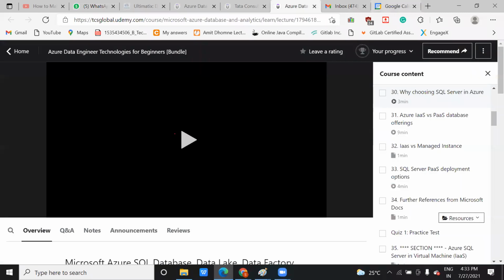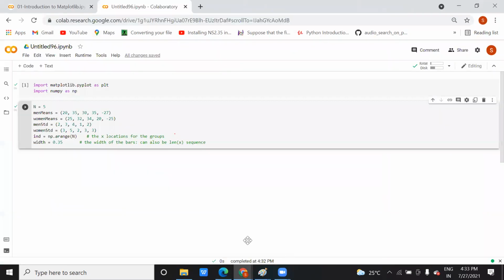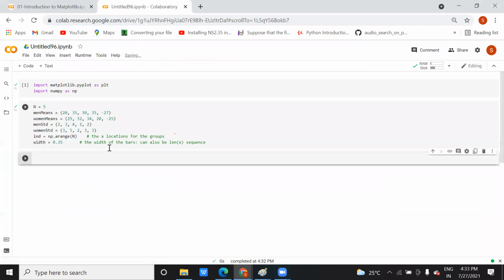I'll send you the link. You can open it and try it. So I run it, and you can see the right mark appearing. It means that it's already executed. Now let's run again, and I will see the code.